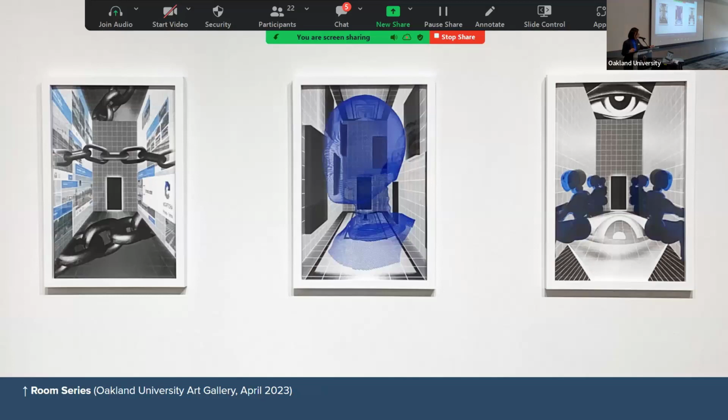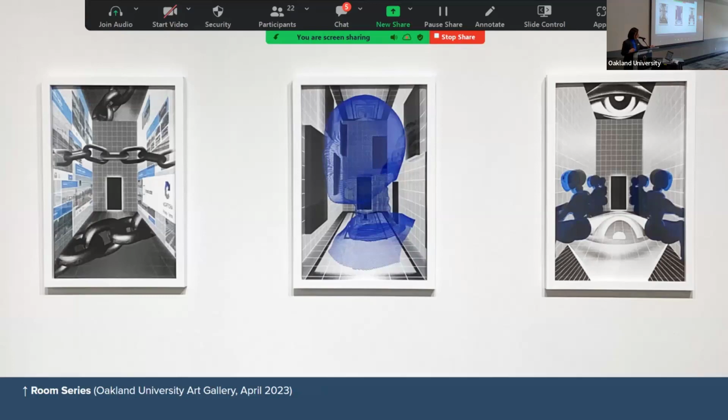For instance, my recent research on creative digital market platforms discusses their systematic problems that undervalue designers' labor and creativity. And this is my work that I had in the faculty exhibition at Oakland Art Center Art Gallery in April